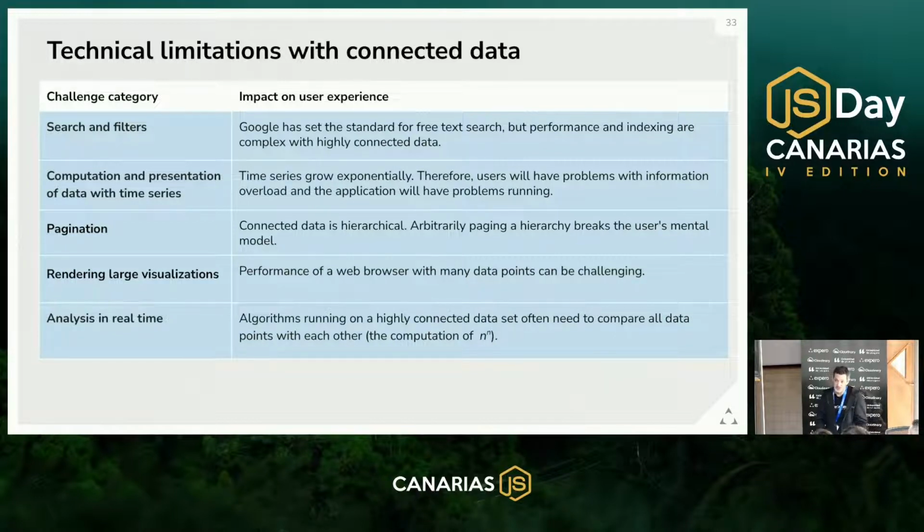Presenting time series information, we talked about, becomes an exponential issue a lot of times when you want to see all those time series points on every single stop in the hierarchy. Pagination can be an issue with hierarchies, because if you cut the pagination arbitrarily in a hierarchy, you're cutting the mental model that the user's trying to keep track of. So pagination is really tricky. We didn't get too much into that in the use cases that I walked through with the demonstrations,